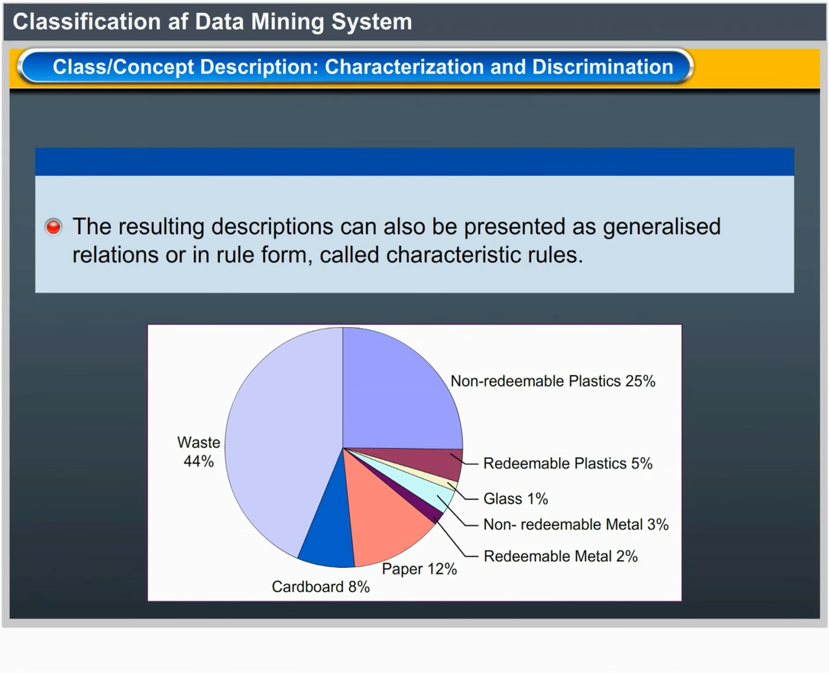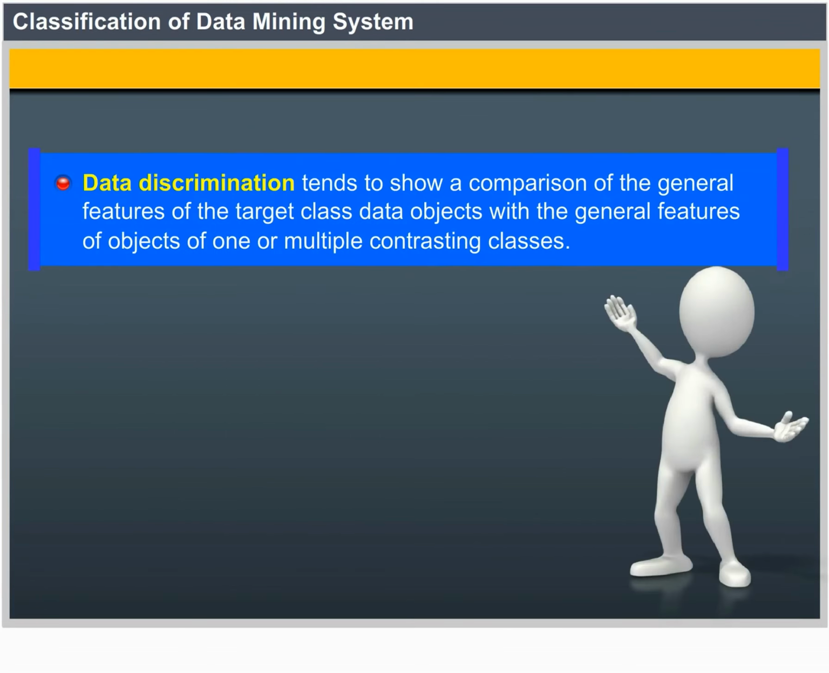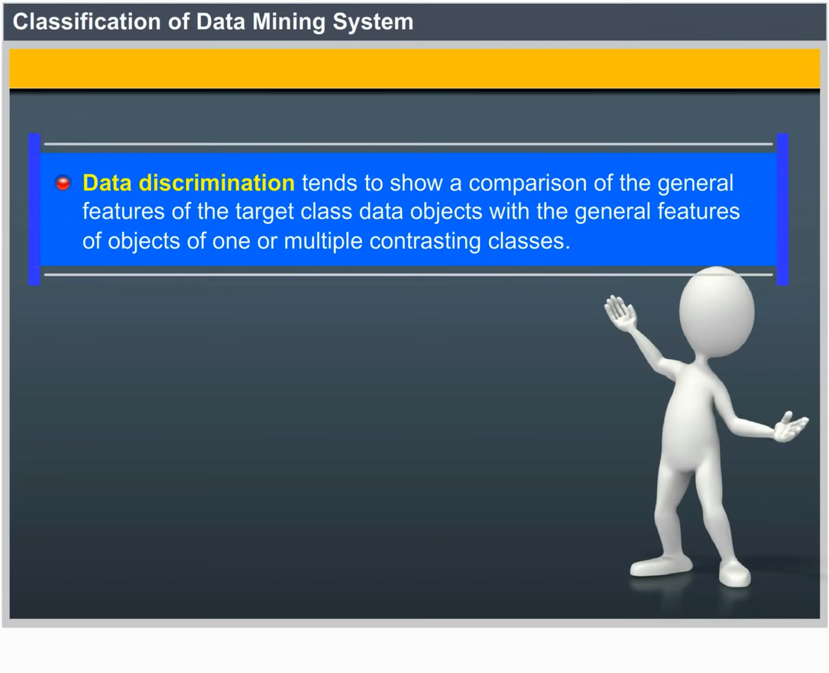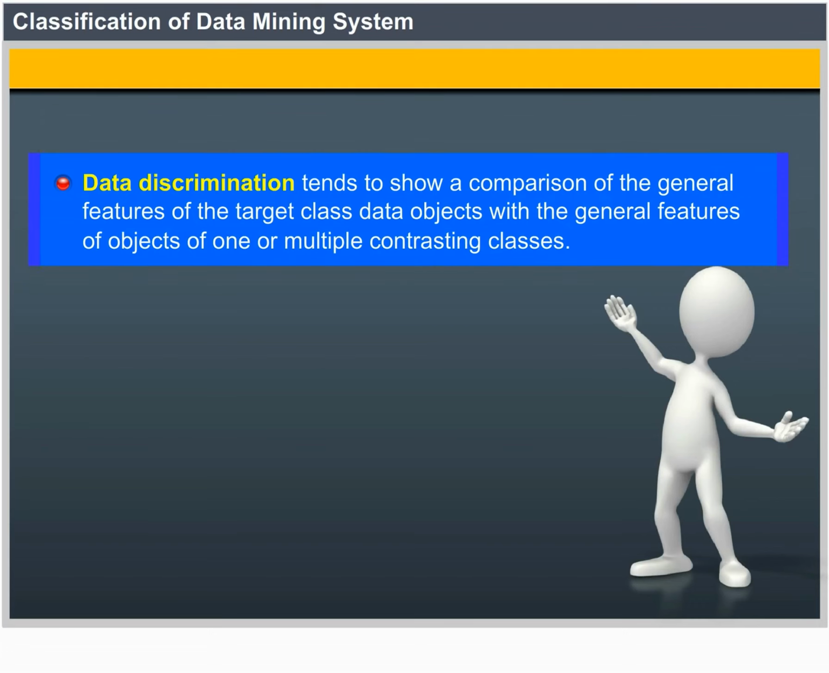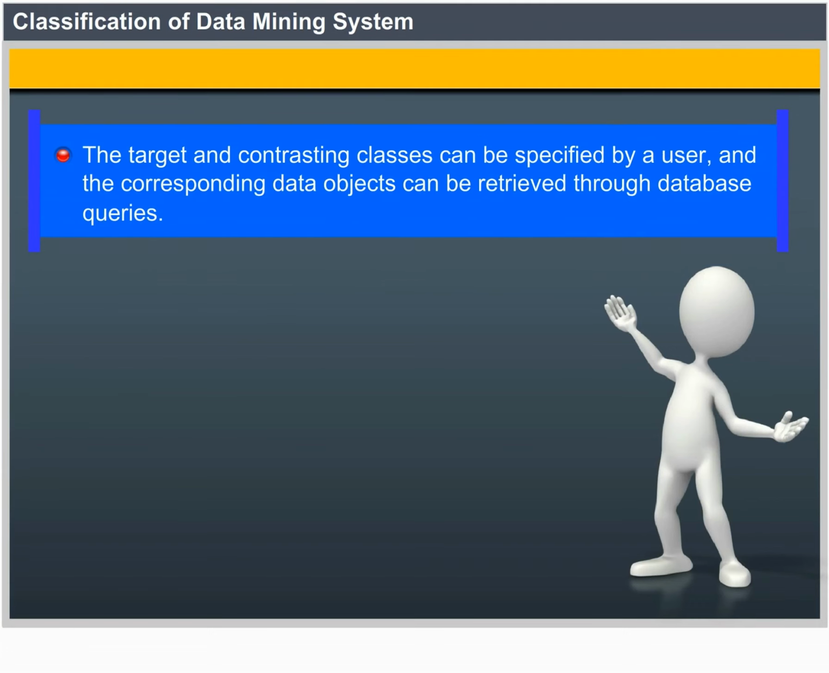The resulting descriptions can also be presented as generalized relations or in rule form, called characteristic rules. Data discrimination is a comparison of the general features of the target class data objects against the general features of objects from one or multiple contrasting classes. The target and contrasting classes can be specified by a user, and the corresponding data objects can be retrieved through